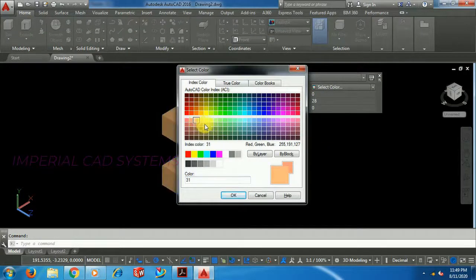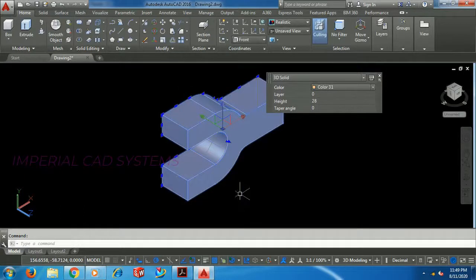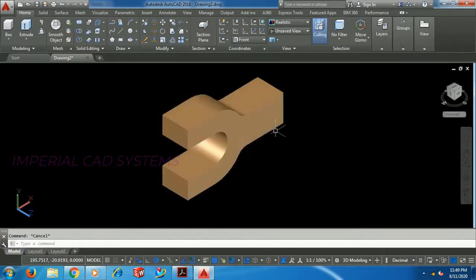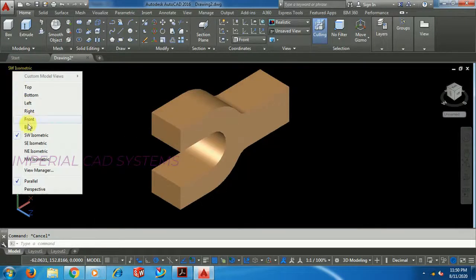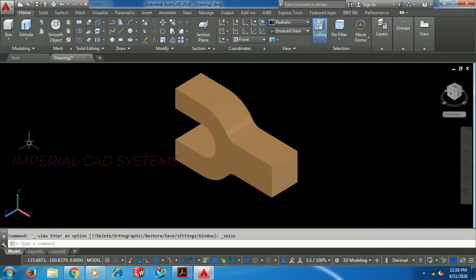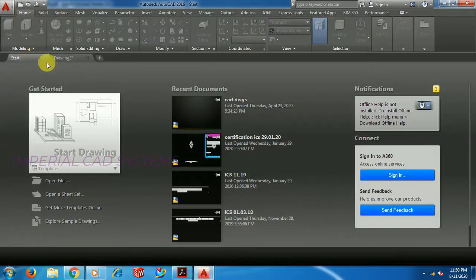Selecting some light color as the background is black; dark is not preferred. You can select any isometric option here, Southeast, you can also keep it like this.